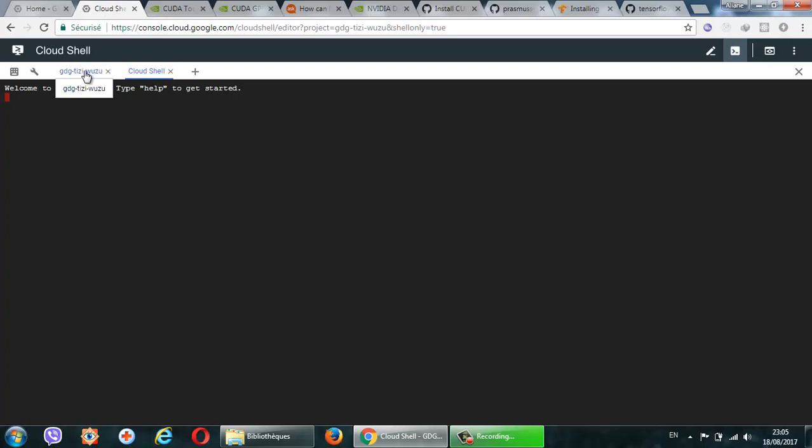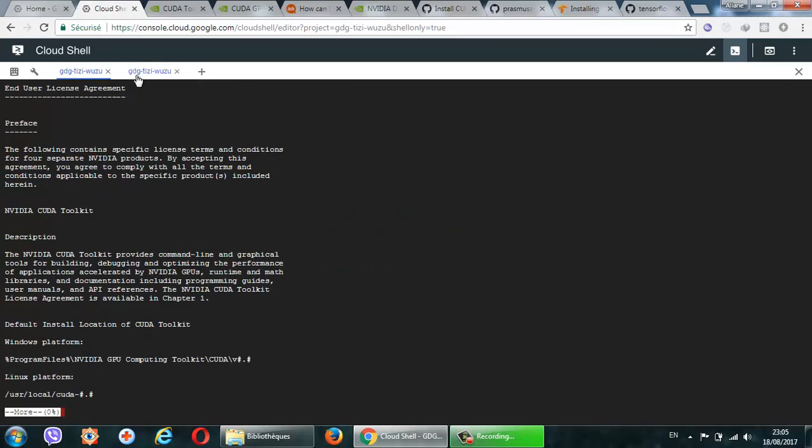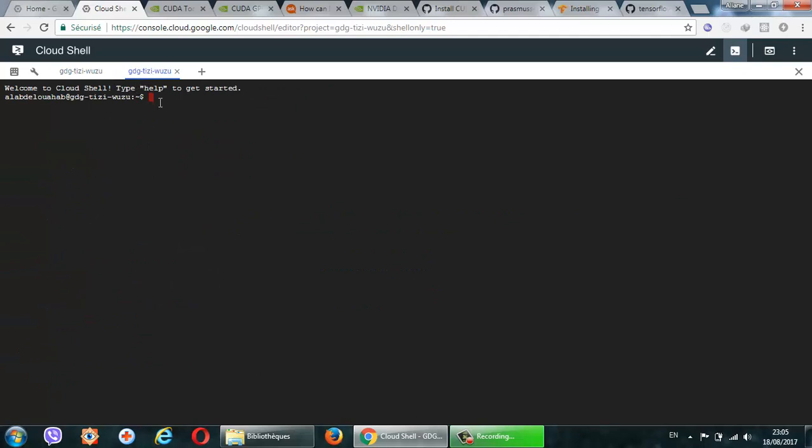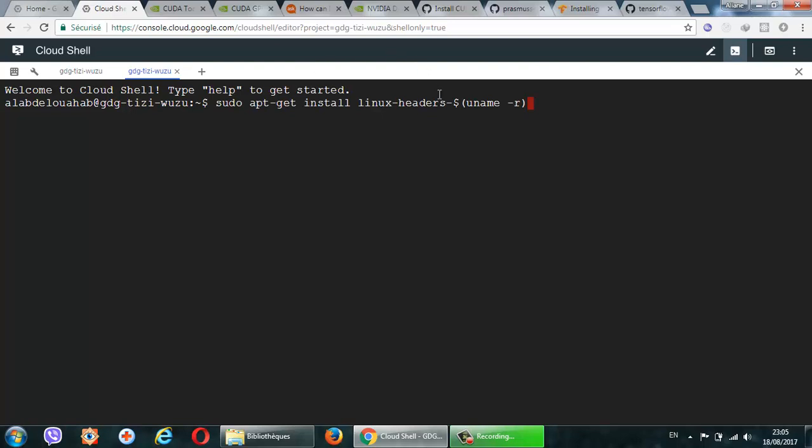And as you can see, what I just did is switch to a new tab. See exactly what you do on Linux, and this is the magic. So what I do is zoom, and then what does it mean? apt-get install means bring me the headers. Now what is this? This one is just a variable. So if I bring the cursor here and remove it,